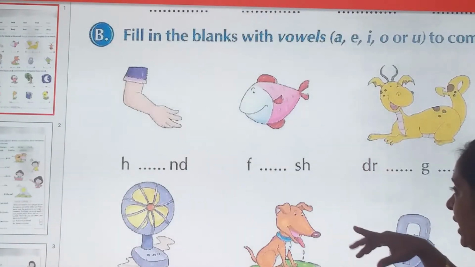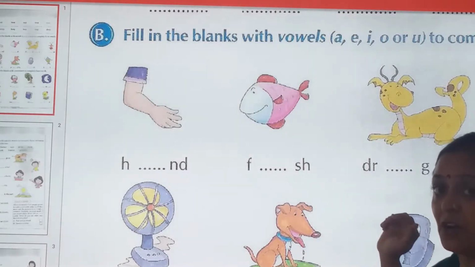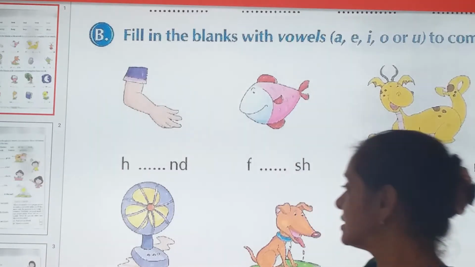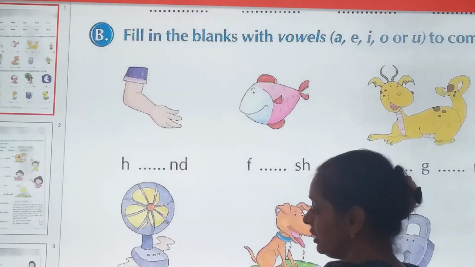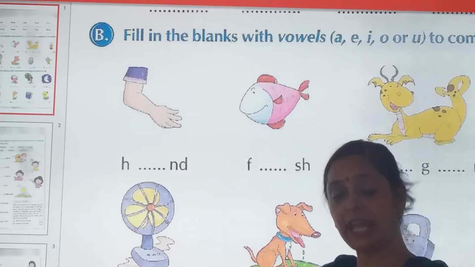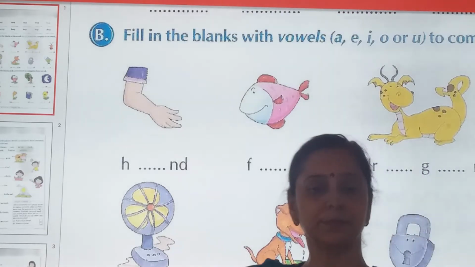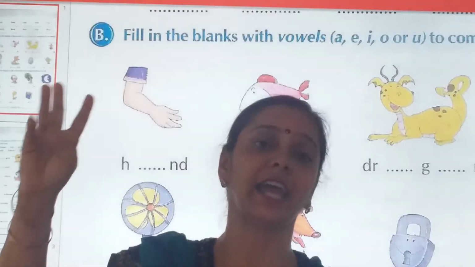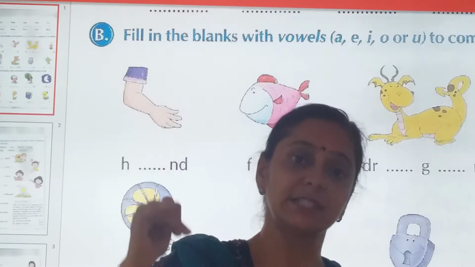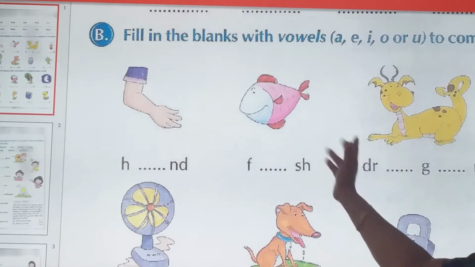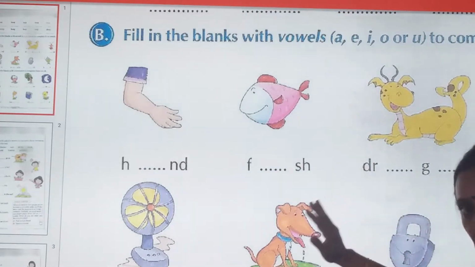It's a vowel. Okay? Fish. I. It's a vowel. Again, yes. A, O, again these are the vowels. So you have to fill the vowel in this. Now again identify the picture. Yes, it's a picture of fan. So what will be the missing letter over here? A. It's a vowel. आपको vowel ही इसमें fill करना है. ठीक है? Vowels क्या सिखाया था मैंने? A, E, I, O and U. These are the vowels. Other than the vowels are the consonants. So 3 I have done for you and the rest of these blanks you will be doing.